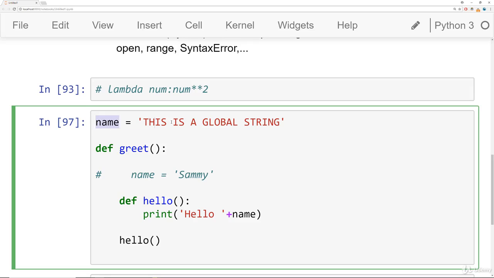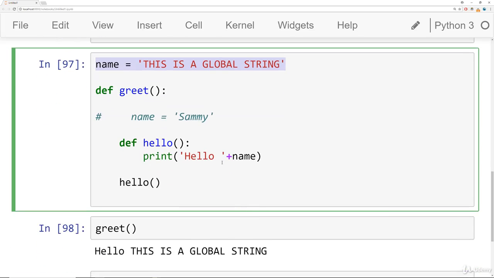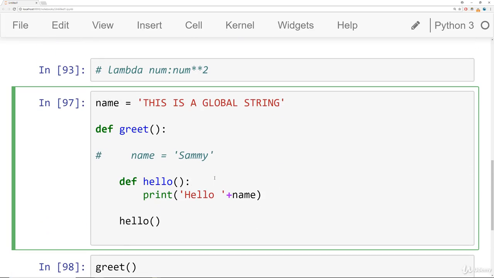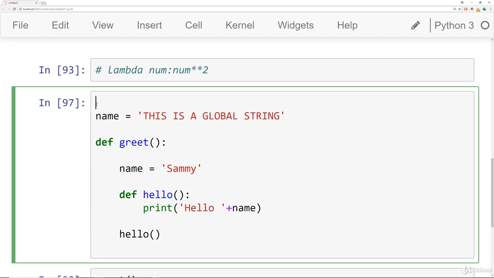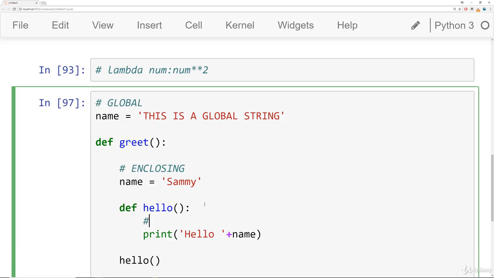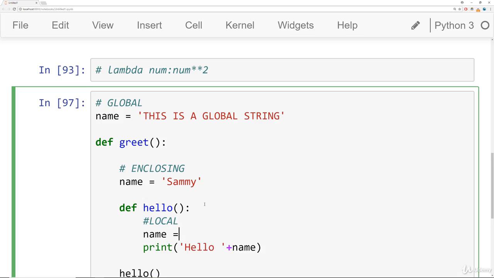And because it found it in the global namespace, it now says, hello, this is a global string. Let's see what happens if we uncomment this and we say name equals Sammy. So I want to label these right now. This is the global. This one right here is enclosing. And let's make a local one. So local is going to be name is equal to